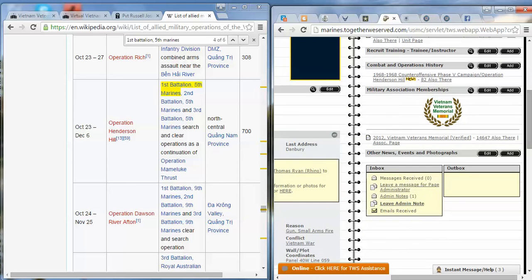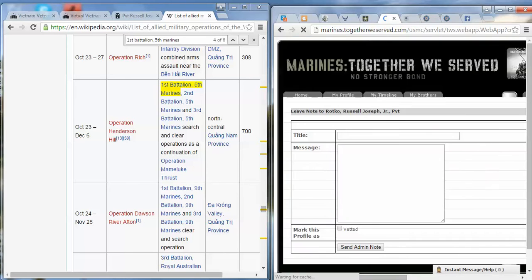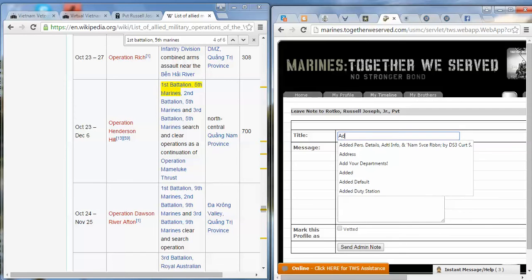So this profile is not complete, but we changed a few things. Always make an admin note of anything that you add or change or delete from a profile.